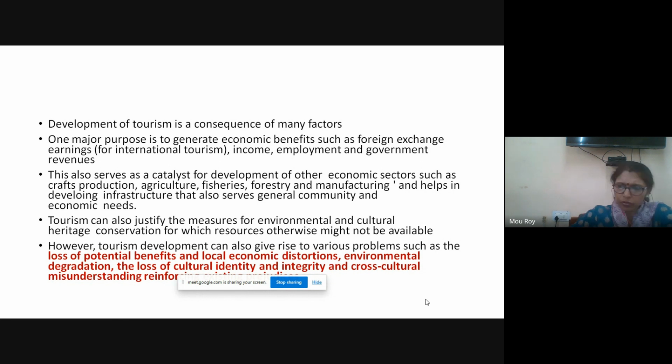Sometimes you will find, while going to a particular destination, on the side of the road all these ponds, lakes. After a few years, when you are visiting the same destination, you will never find the pond, you will never find the lakes. What happened? Those have been built over. You will find huge hotels, huge food outlets have come up. So it's destroying them, because those ponds, those rivers, had some aquatic animals.